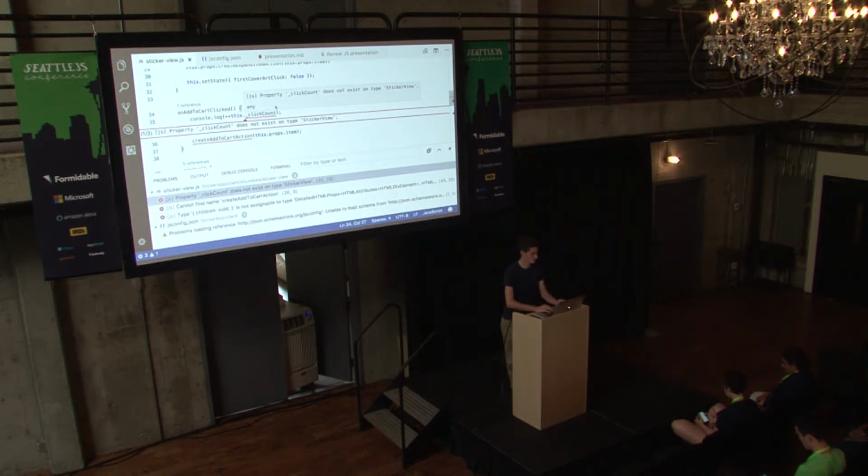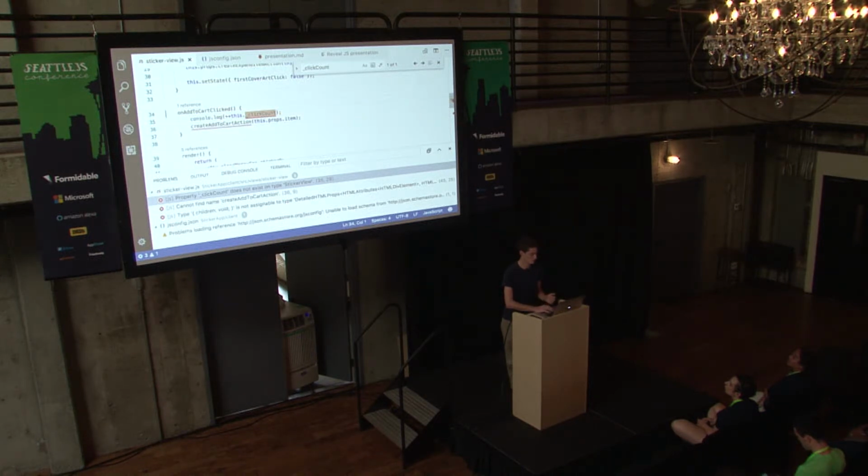So here, you have another common error where you have this click count property defined under this object. And if we were to look in this file, there's no actual references to this anywhere else. It's not being initialized anywhere. We're not using it anywhere else. So when we see this error here, it's saying it doesn't know what this is. And if I hover over this error over here in the sidebar, there's a little light bulb. And if I click on this, it's going to provide some editor actions